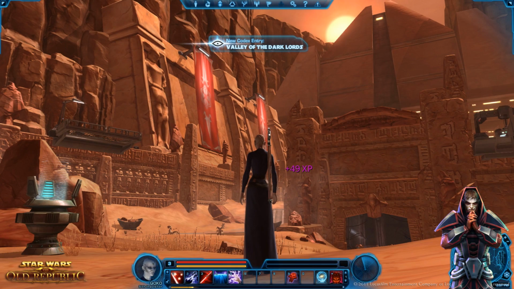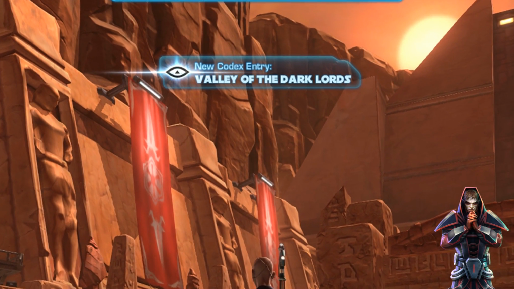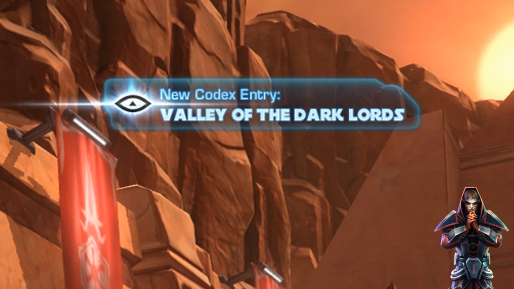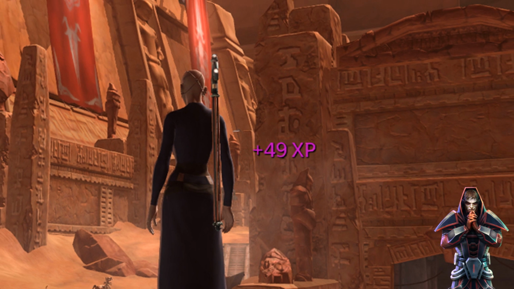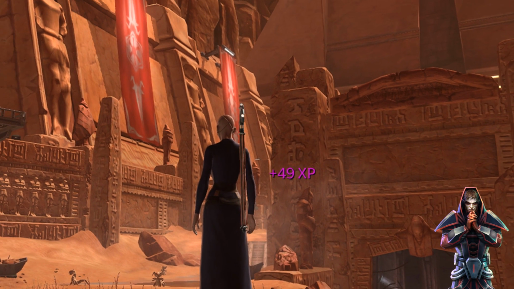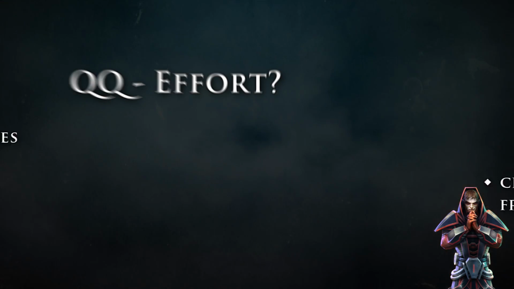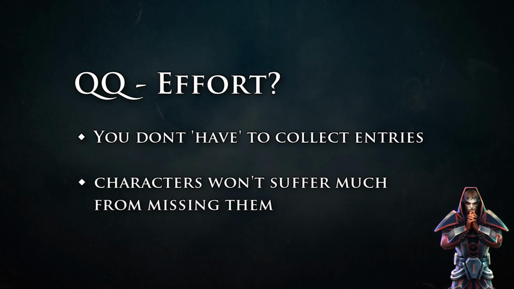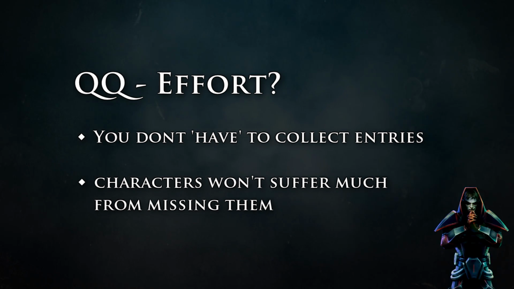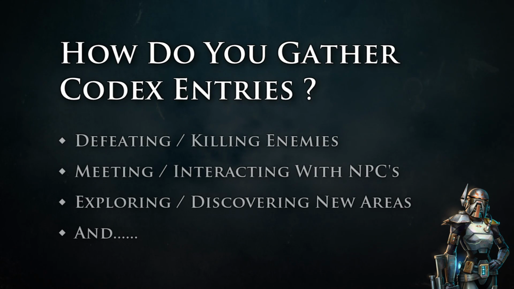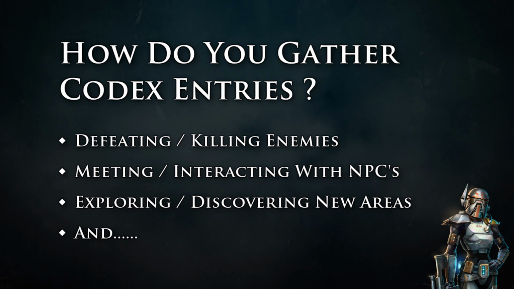And upon gathering parts of the Codex, a small animation plays towards the top center of your screen, just like in this screenshot. Your character will then be rewarded with a small amount of experience. Some of the information will be given to you without you having to explore for it. However, it's worth pointing out that players are not required to collect these entries, nor will their character suffer greatly if you choose not to. So, how do you gather the Codex entries? Well, that's what finally brings us to